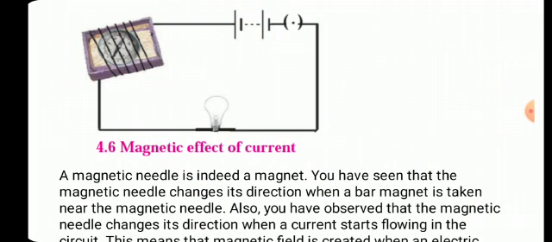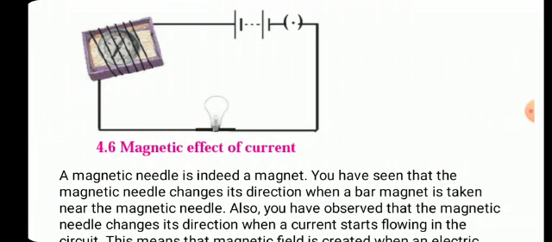Take a tray of used up matchbox and keep a small magnetic needle inside it. Then take a long connecting wire and wind it around the tray. Complete the electric circuit by connecting in it this wire, electric cell and plug key and bulb as shown in this diagram. Then mark down the position of magnetic needle. Then bring a bar magnet near to the magnetic needle.